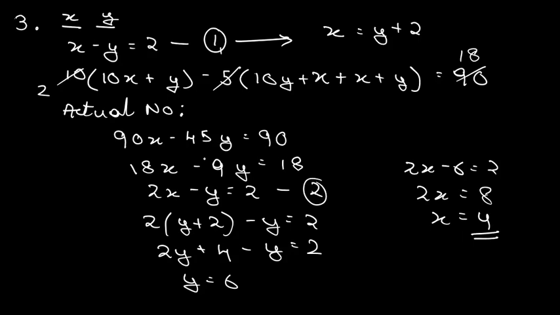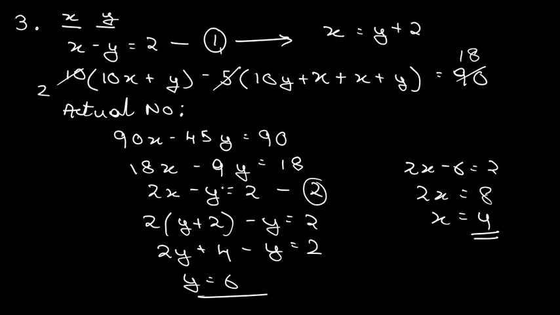I think I have made a mistake somewhere over here. I'm not able to find it, but you can find it easily. You will get the value of y as 6, and you will get the value of x as 4. Just wait a second. It will be 18x minus 9y is equal to 18. Okay, this equation is perfectly correct. On solving this particular thing,